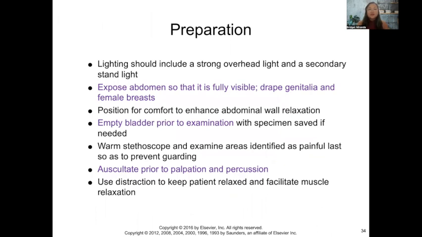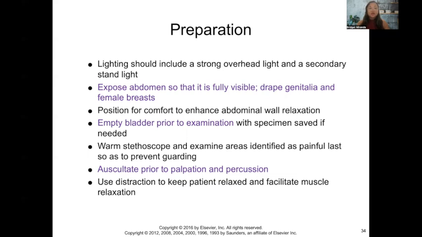Okay. In preparation for your objective assessment, you want to make sure that you have really good, strong overhead lighting, and you might even require secondary light. It could be a pen light if it's just a small area, but also a stand light with maybe a gooseneck arm, so you can really focus on the GI system in the abdominal area. Make sure that you are exposing the abdomen as much as possible, that it's fully visible for you, and you want to drape your patient